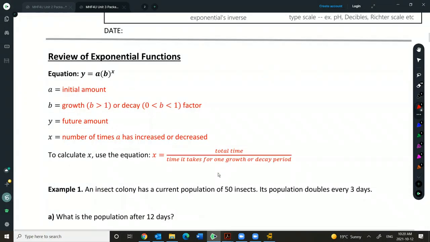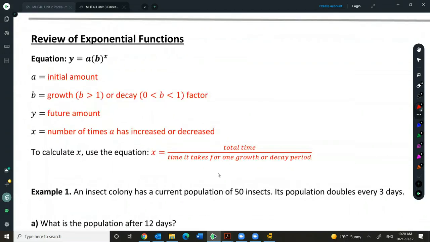So just as a little recap, in grade 11, we used the formula y equals a times b to the x for exponentials,